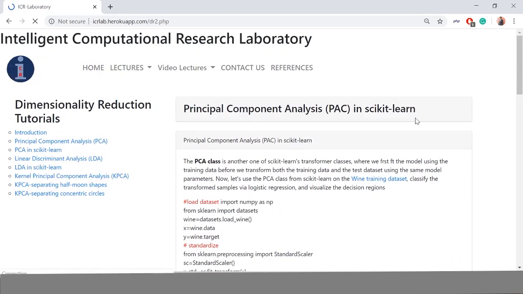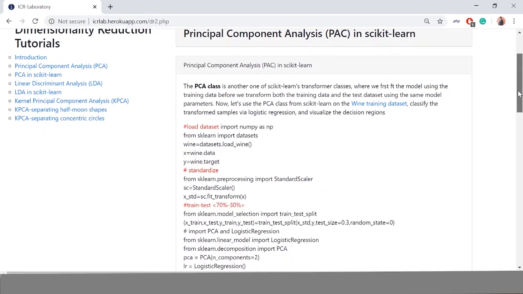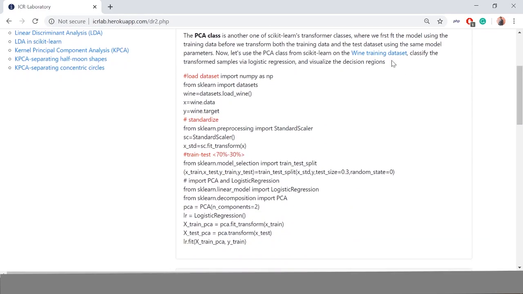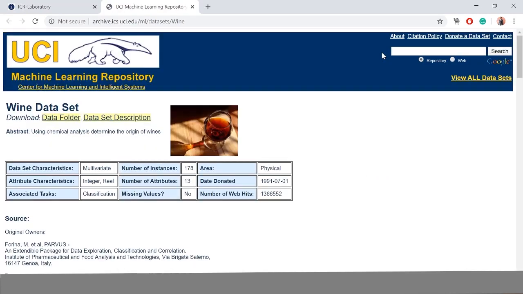To discuss the principal component analysis algorithm, we are going to use one training dataset from the UCI machine learning repository. So in the UCI machine learning repository, if you see the dataset, it is a multivariate dataset.